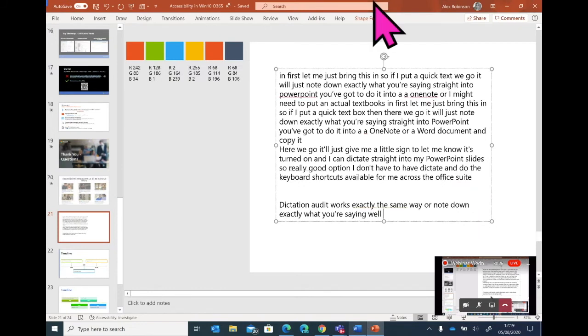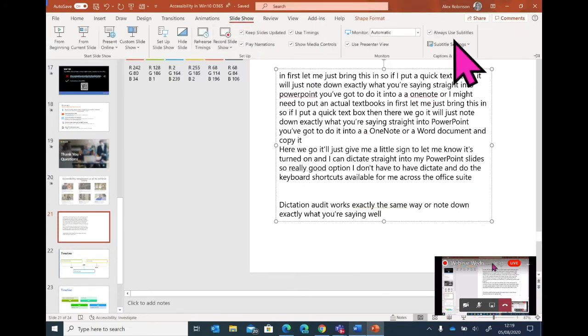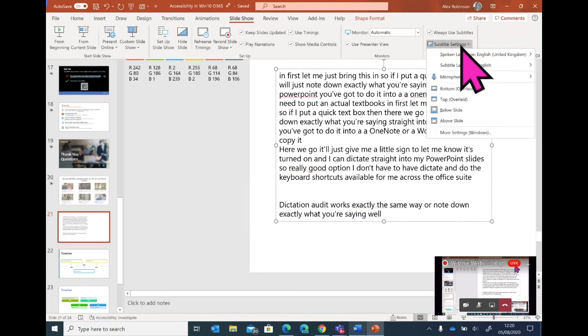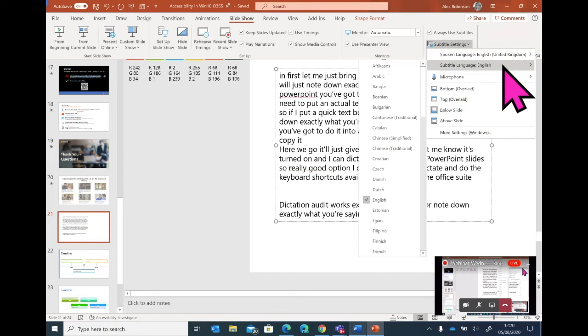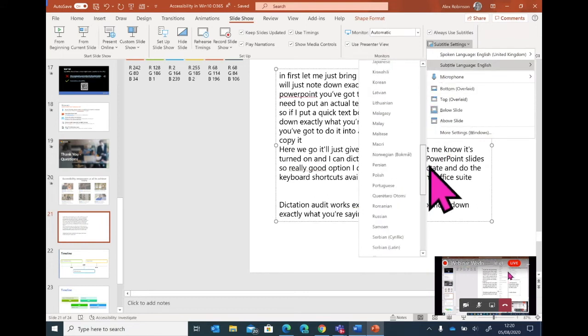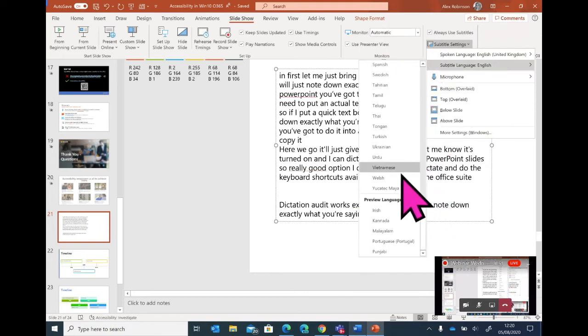One last thing to show you in PowerPoint. If you come to Slideshow, on the far right hand side, you have an area for captions and subtitles. This is where you can use the subtitles that run along the bottom of your screen. First of all, if you come to subtitle settings, you can choose the language you're speaking, and then choose what language you want the subtitles to go into. So for example, if I update from English to Welsh,